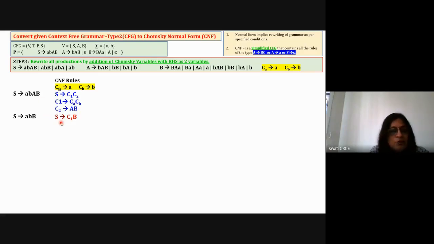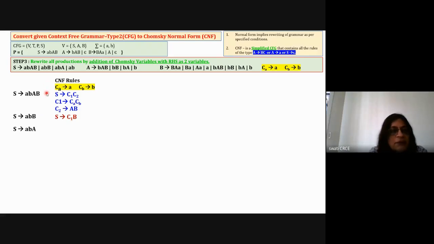Okay, so here there is no need to introduce a new variable, because already we have defined AB is equal to C1. So you just have to remember the previous newly added variables, so that you can reuse them, and your answer will be efficient if you are using less number of variables. It will be a right answer even if you go on introducing new variables, your answer may be correct, but it is not an efficient answer. So try to reduce the number of variables in your answer. So this is done. Now I don't have to do anything for the second rule.